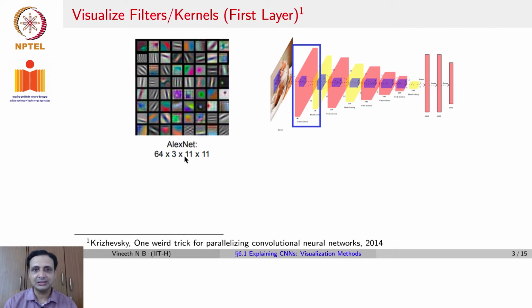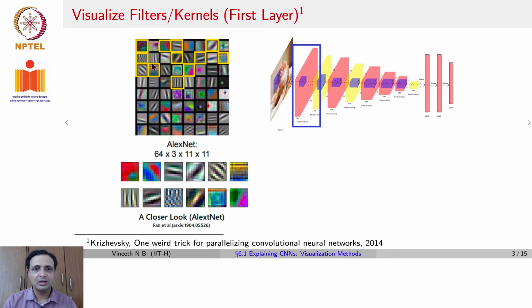So if we visualize each of them on a grid such as this, remember that a filter is an image in its own right. Just like how convolution is commutative, you can always choose to look at an image as a filter or a filter as an image. It does not matter. Any matrix of the size of the filter can also be plotted as an image. So when you do it that way, you get something like what you see on the top right here. So let's try to look at some of them more carefully.